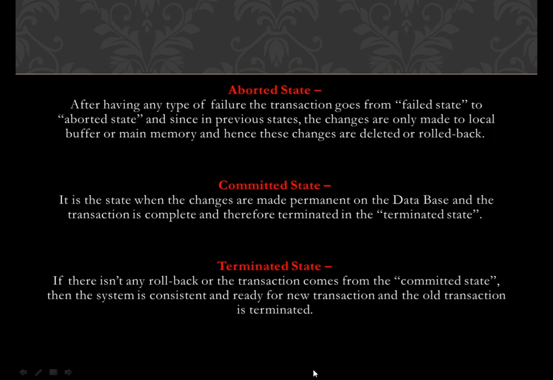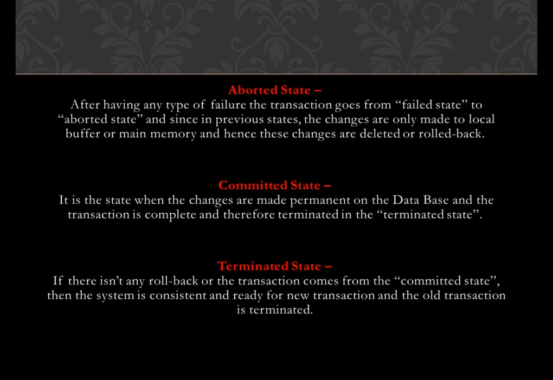Now what is the abort state? After any type of failure, the transaction goes from the failed state to the abort state. Since in the previous state the changes are only made to the local buffer or main memory, these changes are deleted or rolled back. Now the committed state is the state when the changes are made permanent on the database